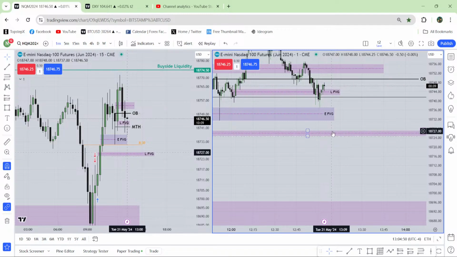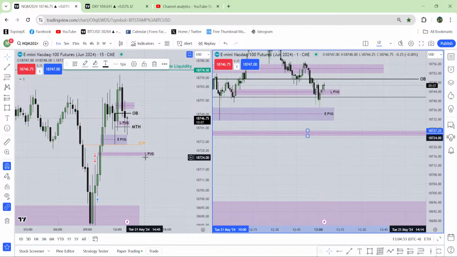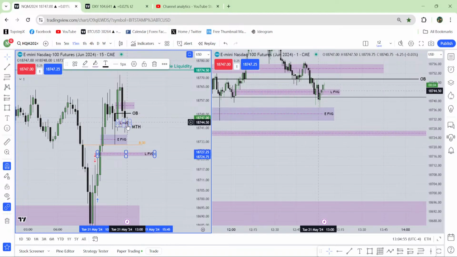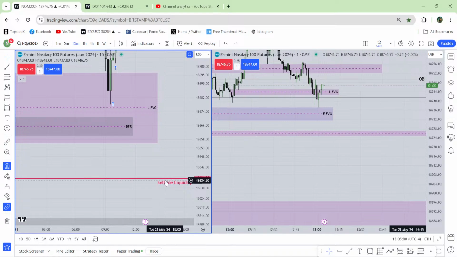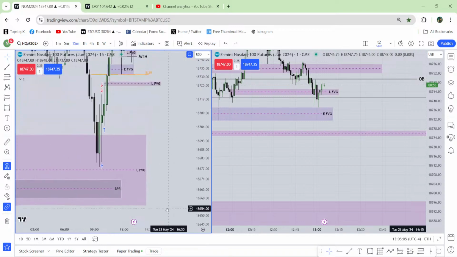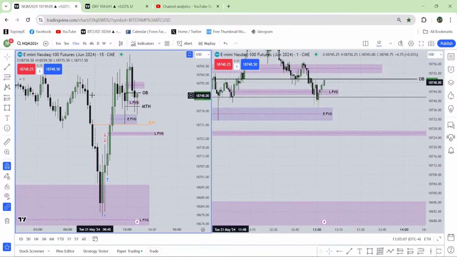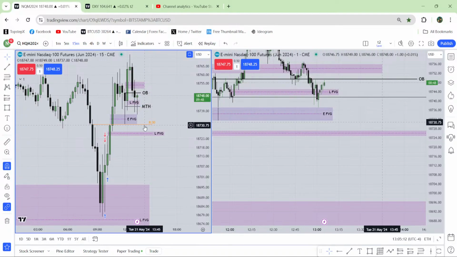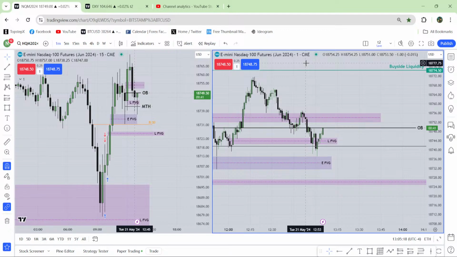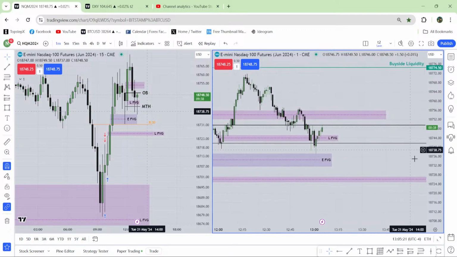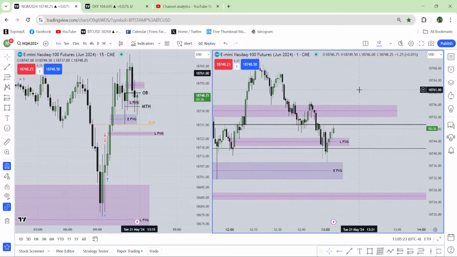If market can break this fair value gap, see this fair value gap from the 15-minute chart, last fair value gap. If market can close below this fair value gap, I will start to look for sell for this Monday low. In my opinion, this is low probability. Market should not do that, because if market wanted to do that, then any of this bearish parabolic gap could hold the price and then send it back for the sell side liquidity. When it didn't do that, instead this parabolic gap is broken. So I believe that market will keep going higher, and the rest of the session it will be bullish. That is my opinion.